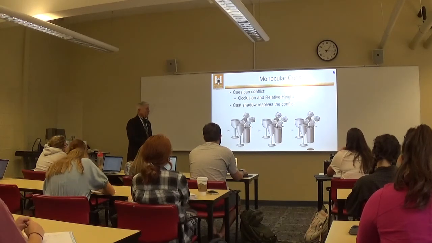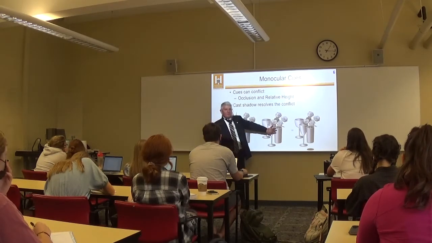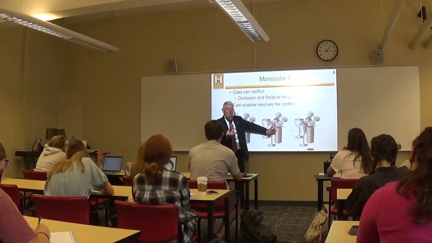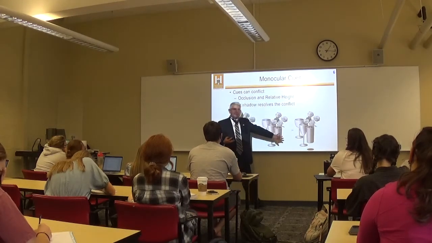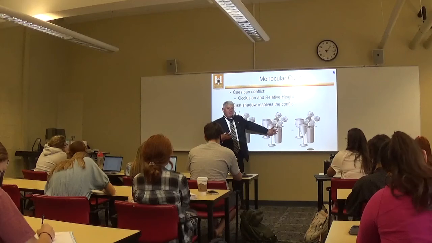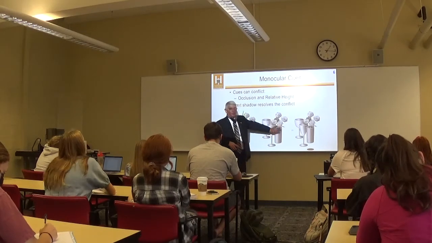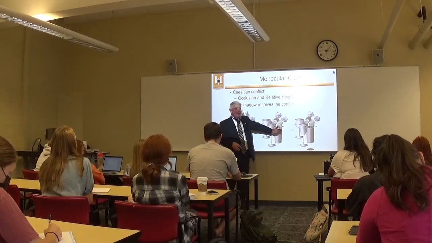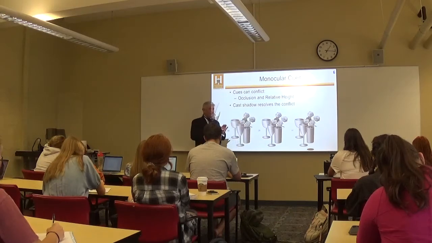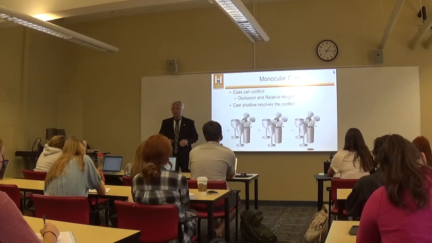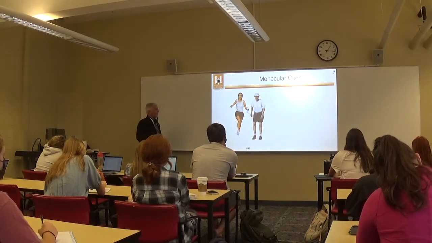So in the real world, this doesn't happen, right? You would always have some kind of other cue in order to know why this is happening. And when we don't have that, our brain looks at it and says, that's impossible, that can't happen. Right? All right, so